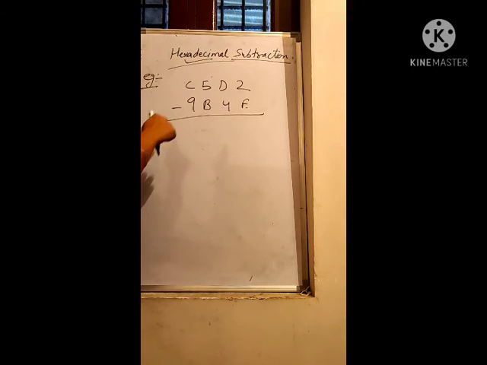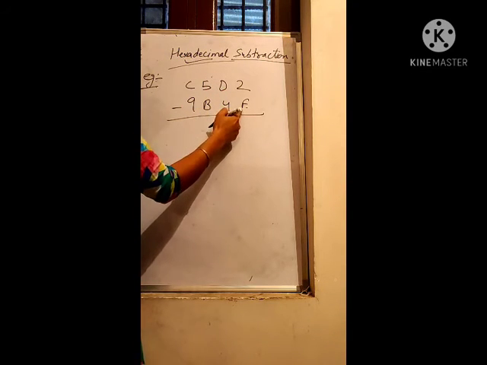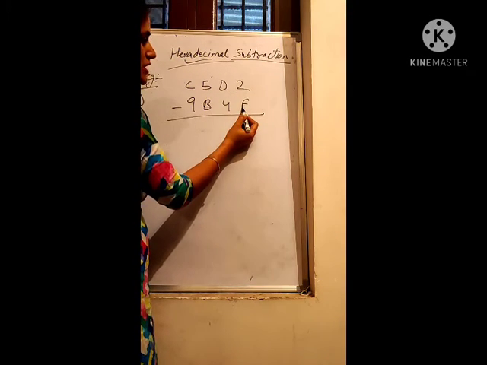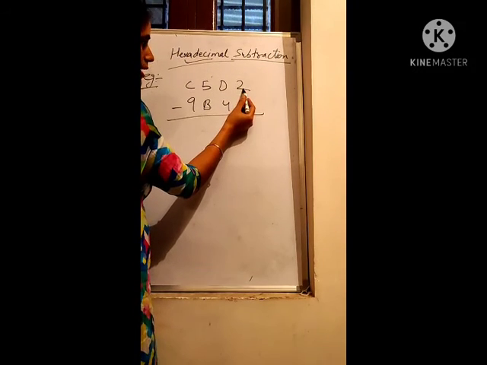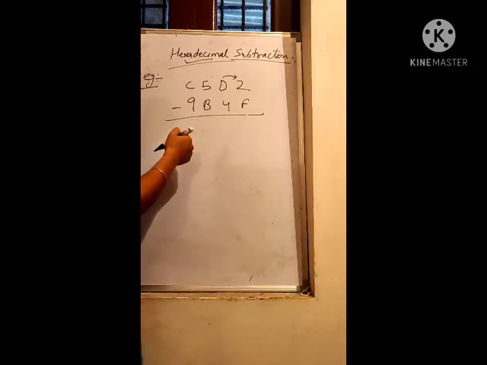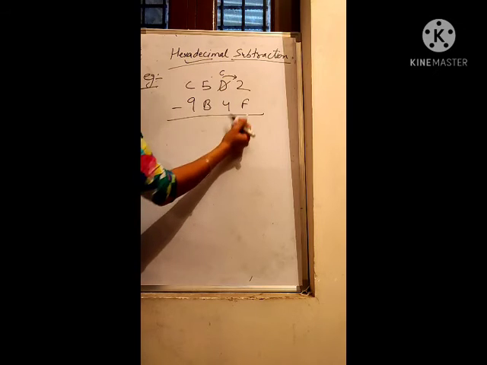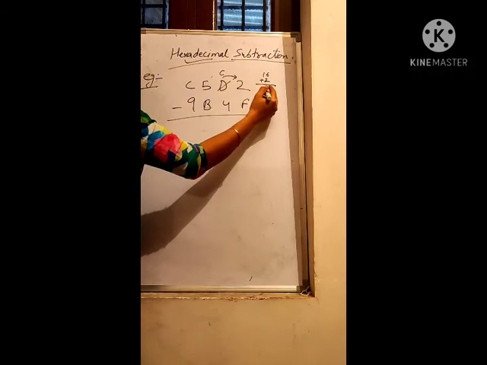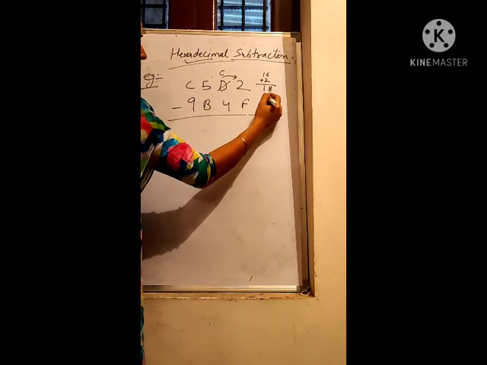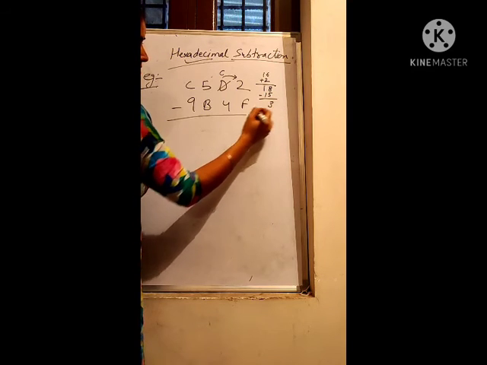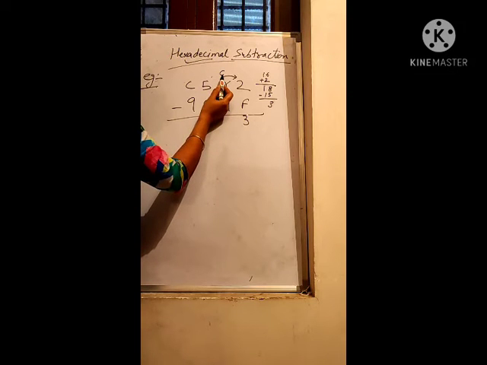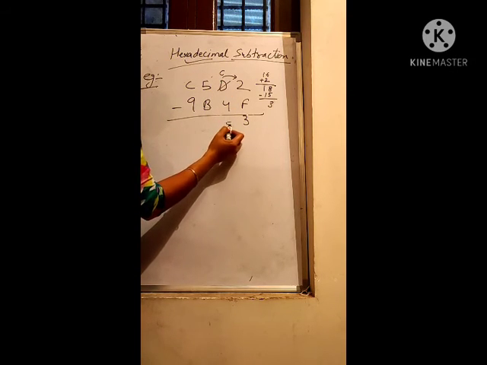Let's take an example. I want to subtract this hexadecimal number from this number. See here students, this is 2 and this is 15. So the lower value is greater than the upper value. We have to take borrow from the left hand side. It reduces by 1, so it becomes C. Here 16 is added to 2 because it takes borrow from the left hand side. It becomes 18 minus F, that means 15. Answer is 3. Then again C means 12 minus 4, 8.